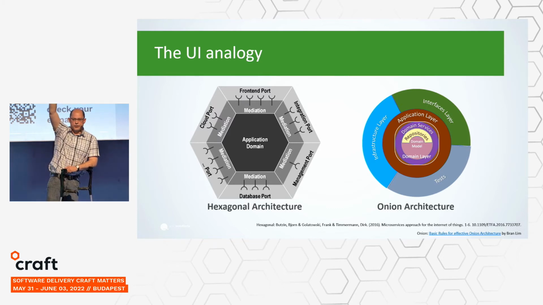Okay? However, these kinds of architectural models, like the ones you see, put things into some sort of circles, where in the middle of the circle is your domain model, and all the layers are around that. When you do that, what you have at the surface are your external interfaces. And you will realize that the database is an external interface. The user interface is also an external interface, so they are structurally not different from each other. Of course, sometimes their behavior might be different, but they are similar from the structural point of view,